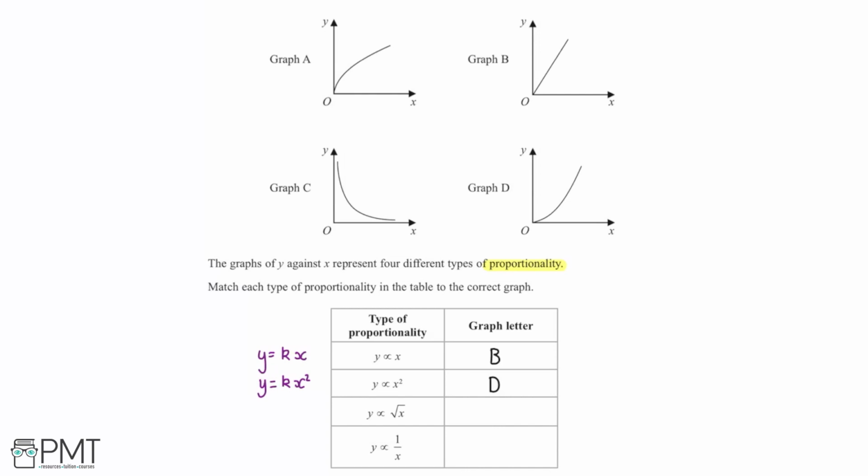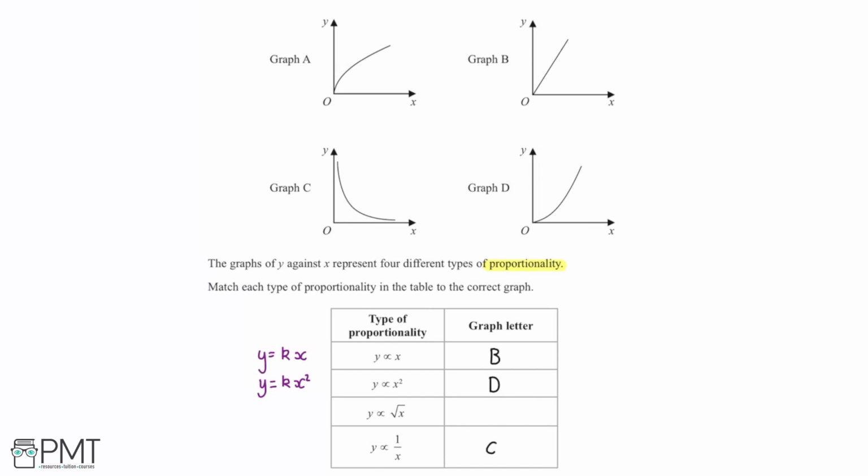However, if I didn't know that, I could have a look and I can see that the graph doesn't cross the x or y axis, it only tends to them. Now this makes sense because if x were to be 0, there are going to be no real solutions for a value of y, because 1 divided by 0 is going to give us a maths error. We can't calculate that value, so there's no solutions for y. So the other graph that we have left is graph A, and we have that when x is 0, y is also 0, and this definitely can't be the case because we cannot divide 1 by 0. So I can then fill in this as graph C, and then that leaves me with y is proportional to